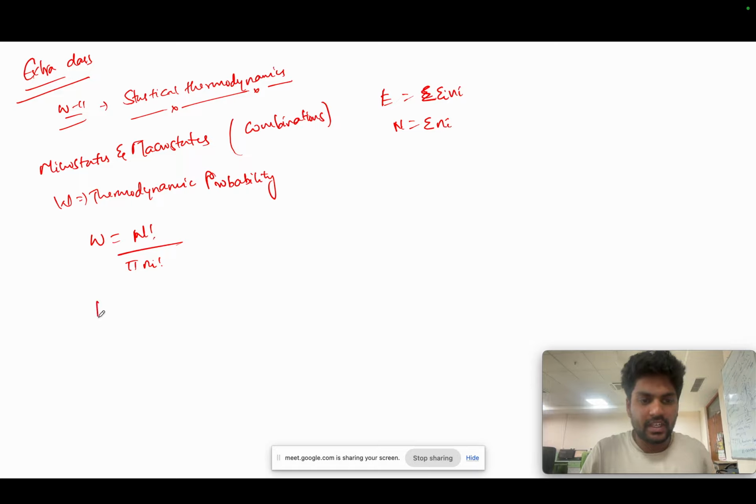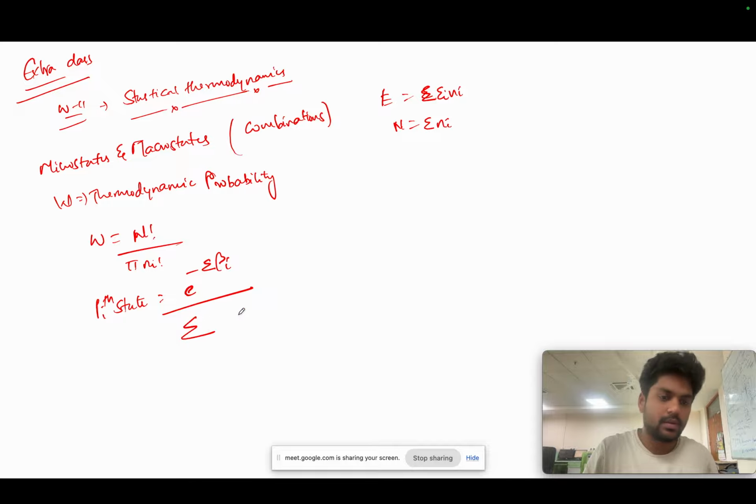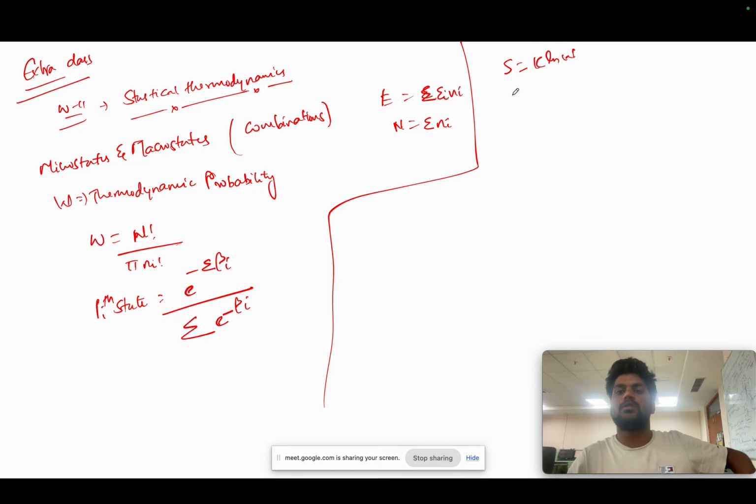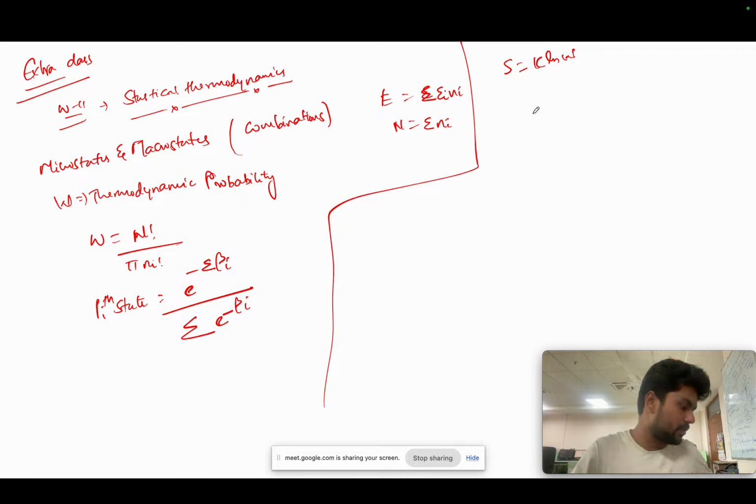So the probability of the ith state occurring is nothing but e to the power minus beta epsilon i divided by sigma of e to the power minus beta epsilon i. This is how we initially started, and then we found this using the Stirling approximation and Maxwell-Boltzmann constants, and the Boltzmann-Planck postulate, where we say that S equals k ln W. After all these findings, we came to the equation of